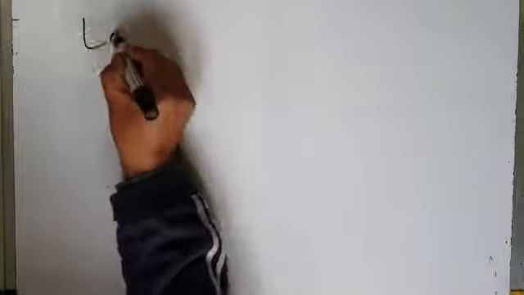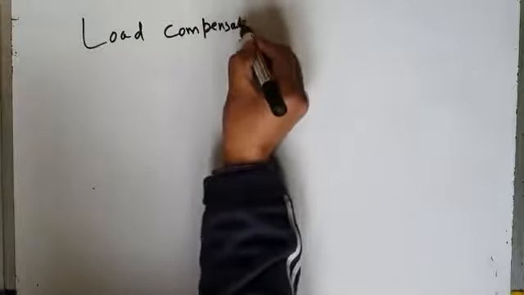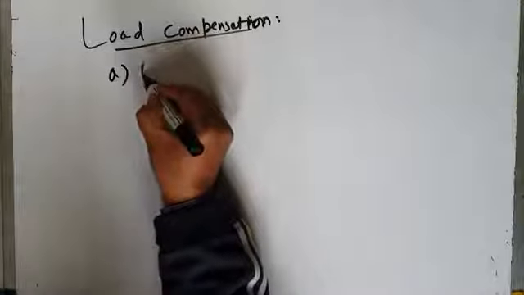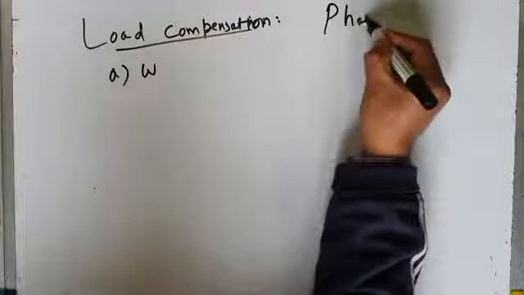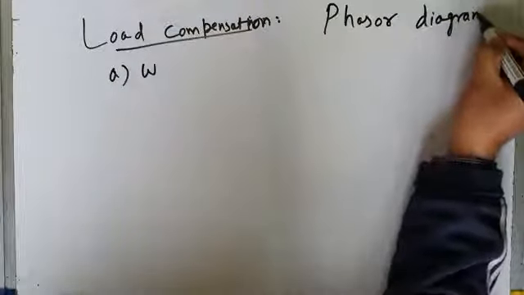Let me summarize what we have learned over the last 4 lectures with the help of phasor diagrams. We were discussing load compensation using a shunt compensator, which may be a capacitor bank or a D-STATCOM. I will brush up your memories. I will summarize everything with the help of all the phasor diagrams which we have been drawing over the last 3 to 4 lectures. I will give you the review of various phasor diagrams that we have drawn.